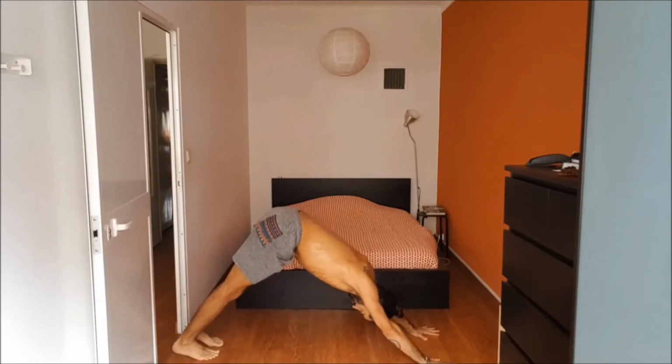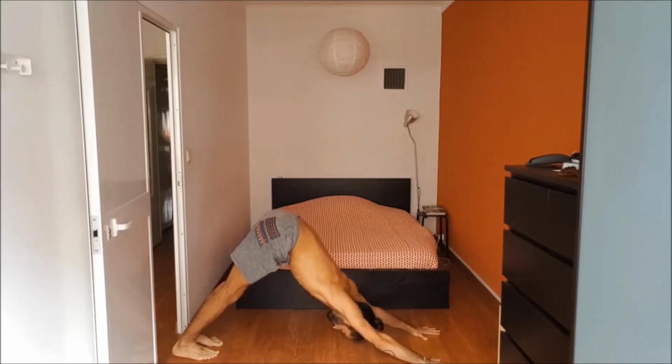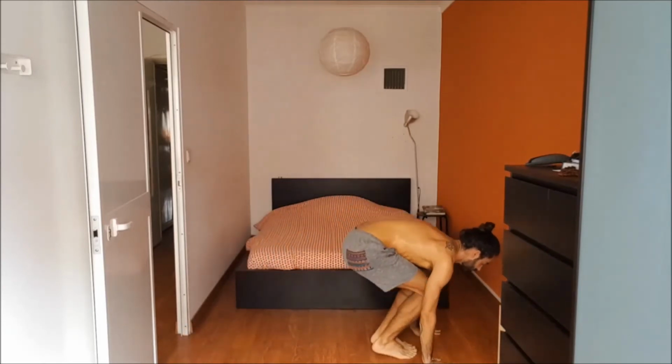Recovering here in your down dog. You should always try to aim for a very long, deep breath, even when you're moving and transitioning. But of course, it's a little bit more challenging. So this is why we use these stillness moments to recover the breath. Exhale to bend the knees and look to the front, and as you inhale, floating, opening the chest as you